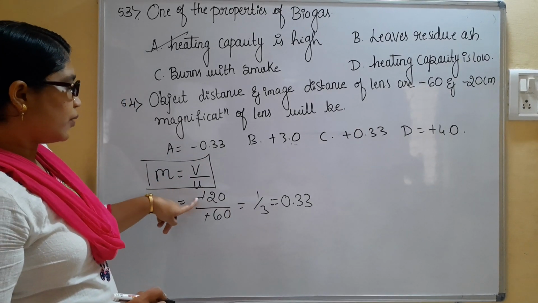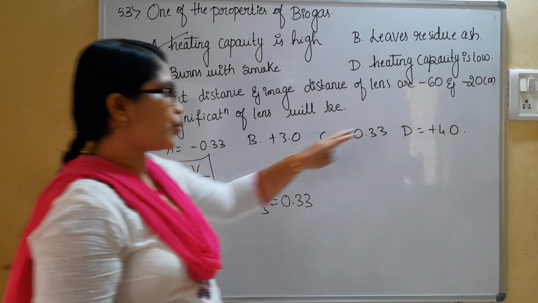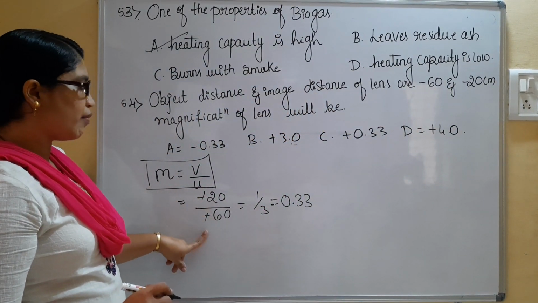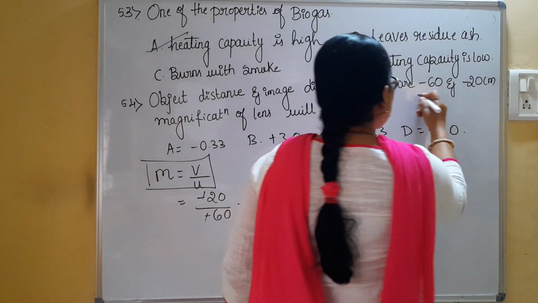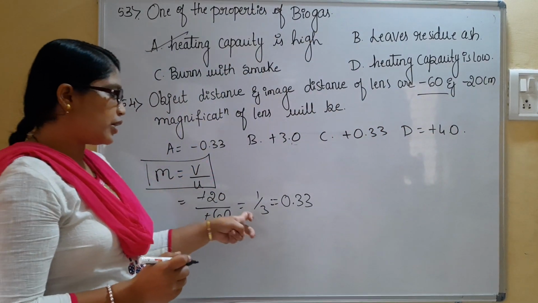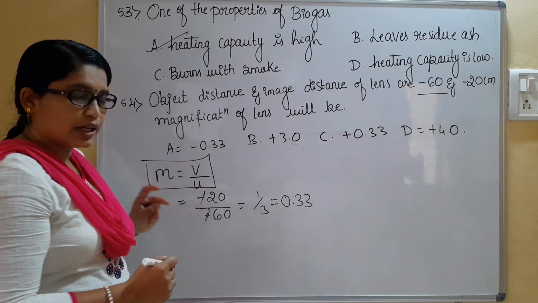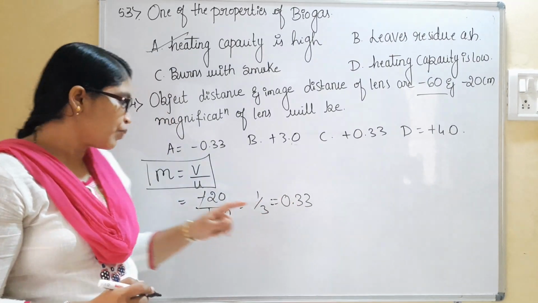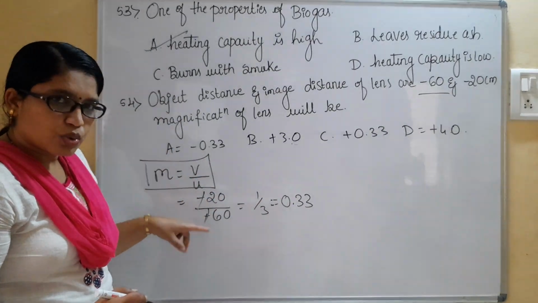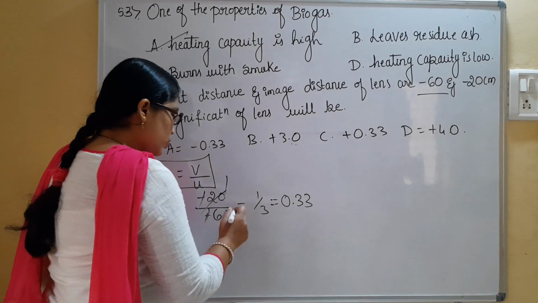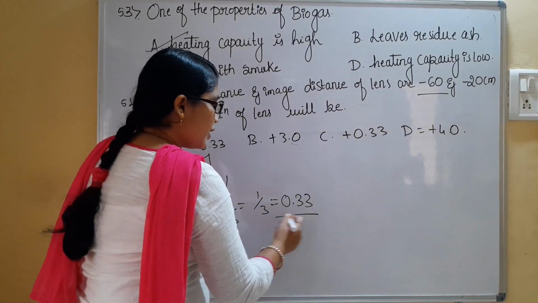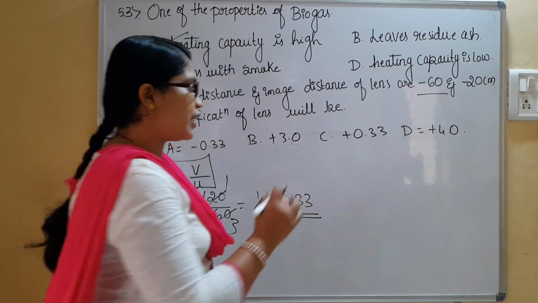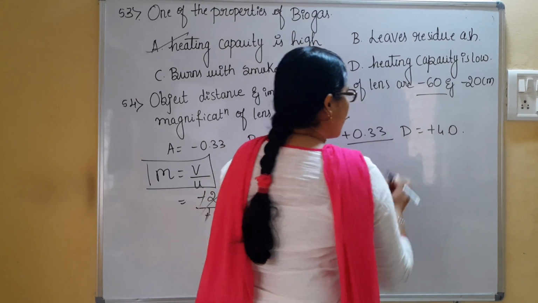So the values are being given. The V value is given to us, it is 20 cm. Then the U value is given as 60. We have to substitute the values. So when you consider V by U, the minus signs get cancelled here. Don't get confused. We are going to get the answer in negative, but when you cancel these two negative signs, it will be 2 ones are 2, 3 ones are 3, so 1 by 3, a positive value 0.33. So out of these four options, the only one left is C, plus 0.33.